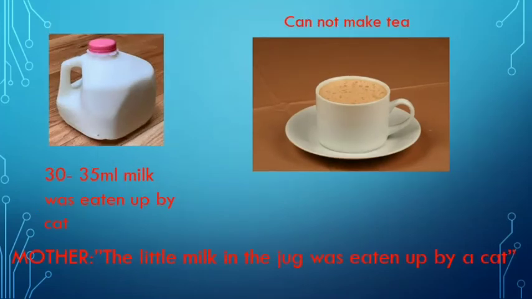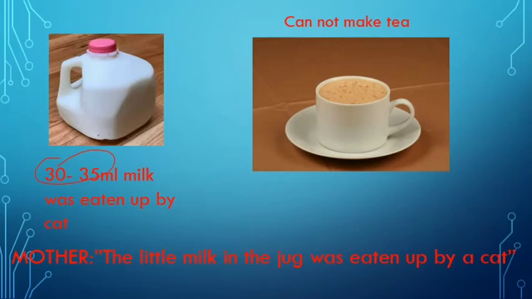So in the third situation, you see, your father understood that in the kitchen there is 30 to 35 ml of milk. So only 1 cup of tea he can get, but he cannot serve that because 3 people are there. So what he did, he served something like Coke or some other beverages to the guests, and after they leave, now he would like to have some tea, as he already knows that he can have 1 cup of tea with the milk available in the kitchen.